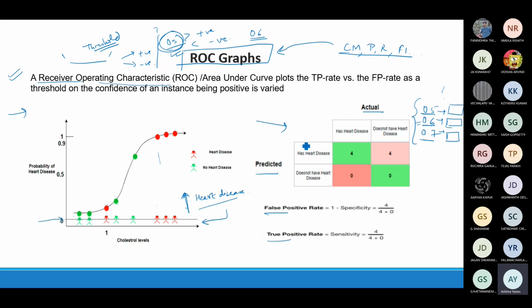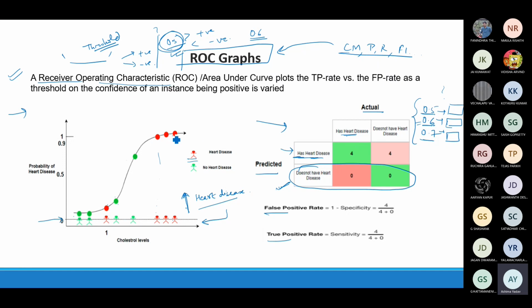So obviously when you look at the confusion matrix, this particular column will be 0, because the model is predicting everything to have heart disease. Every prediction will be in this particular row. The heart disease ones are here. Now if you see this column, this is where the model predicted the person to have heart disease, and the person also has heart disease.